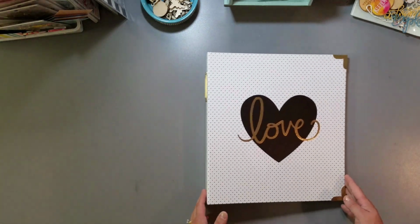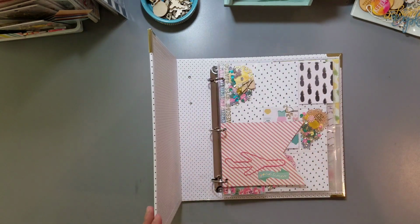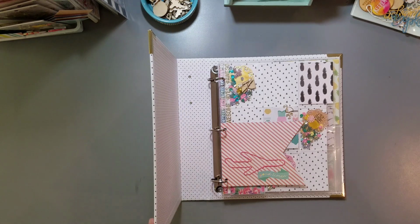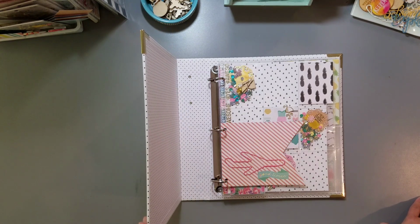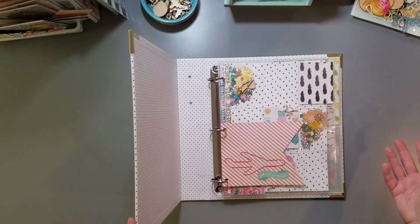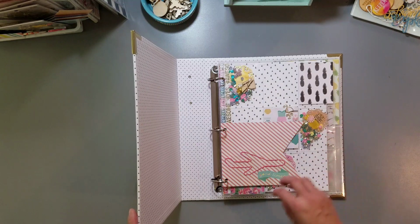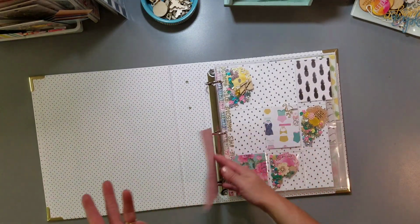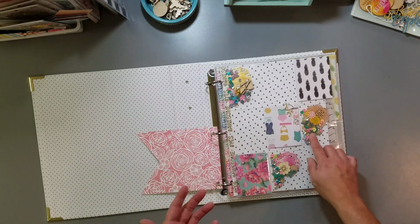It's an album I've been wanting to do for a long time, a type of album I've wanted to do for a long time. And I love that I'm really going to get to use up a bunch of my fun Hawaii supplies, because if you just sat down and did layouts, I'm not going to use as many of these smaller individual pieces as I am going to with this, which I want to get them used. I want to get them to where I can enjoy them, because I'm never going to use that many sequins,